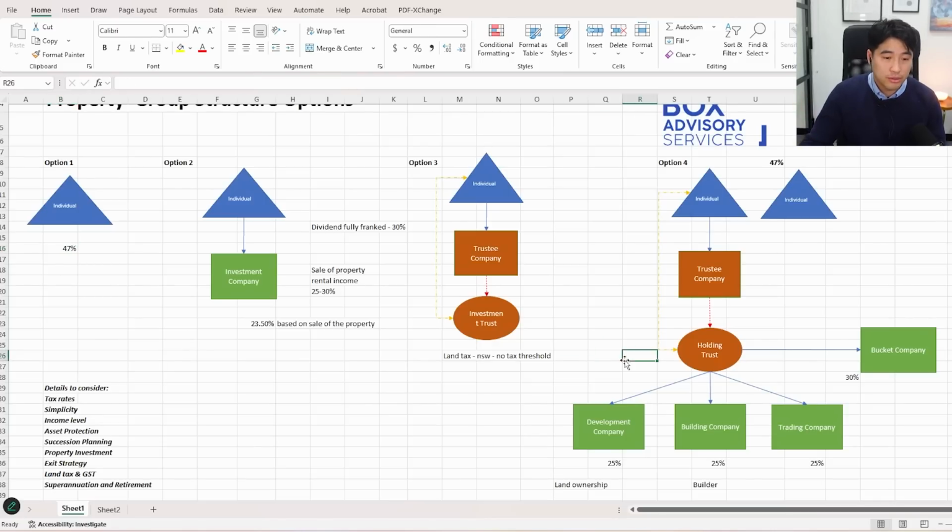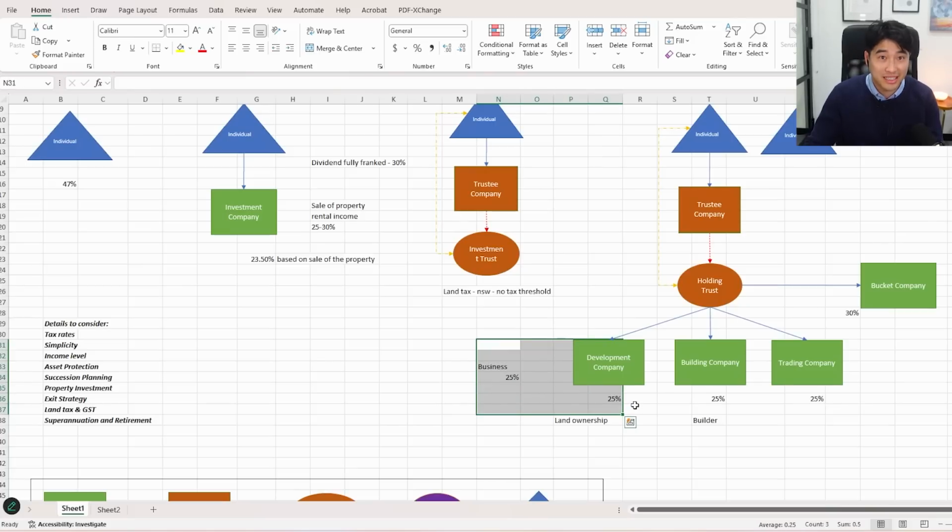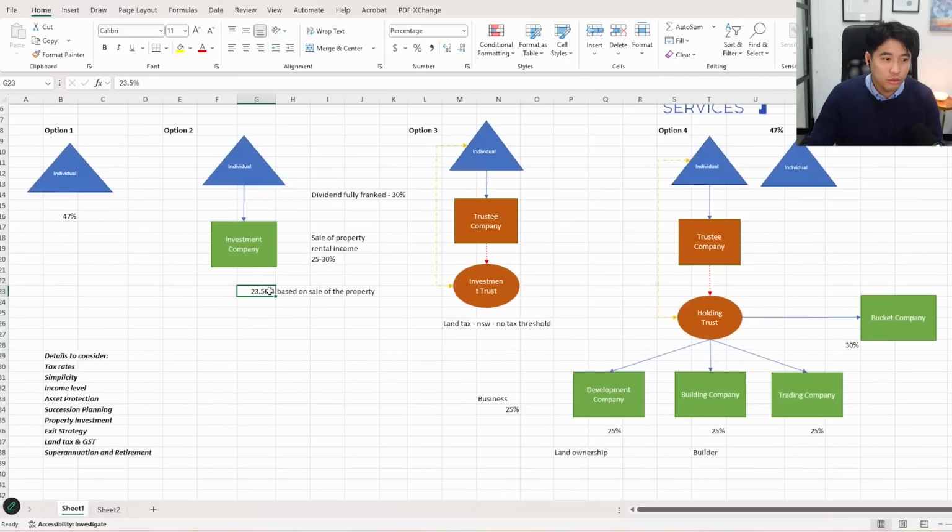So I actually just prefer to buy the property in a company, because the ATO is going to treat me as a business, right? And if I'm treated as a business, what's the company tax rate on a business? It's 25%. So it's actually funny, you can keep your taxes quite low. You can get as close as the normal tax rate on capital gains, when you get a 50% discount, by just putting it in a company rather than your personal name.